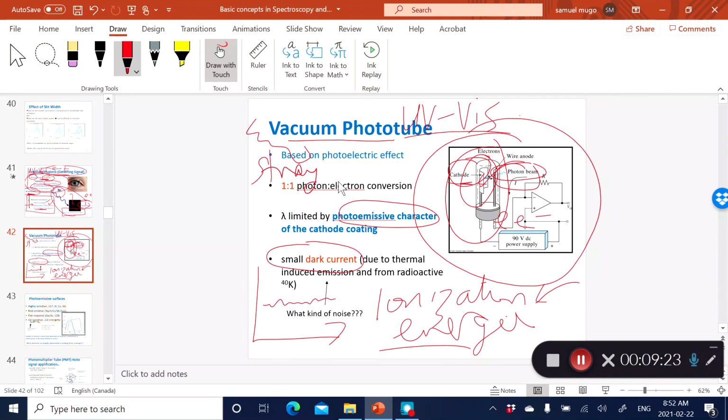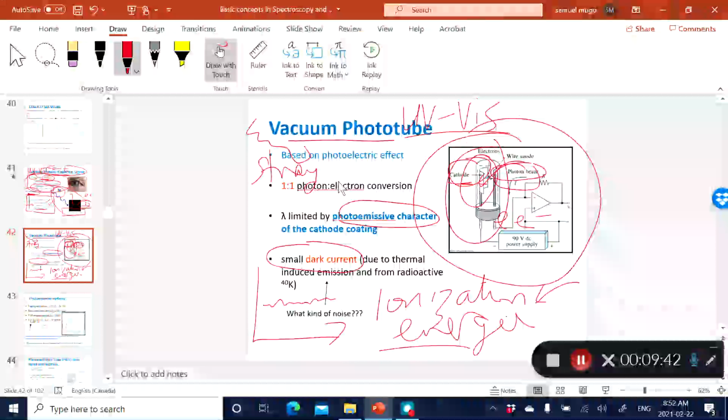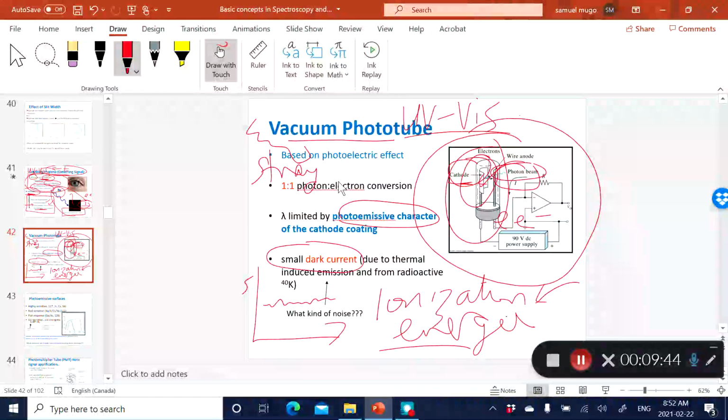The stray light could be coming from the lighting in the room, and it penetrates through the joints in the instrument and ends up in the photoemissive material. So you always have this dark current, which contributes to the background signal of your instrument. This is a typical type of noise that is always present